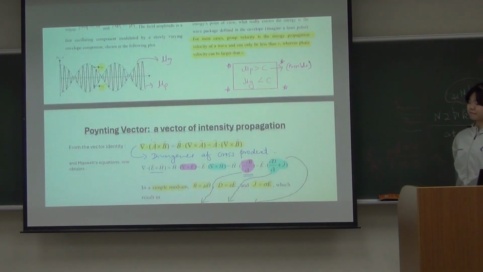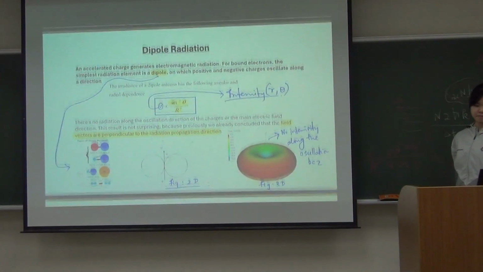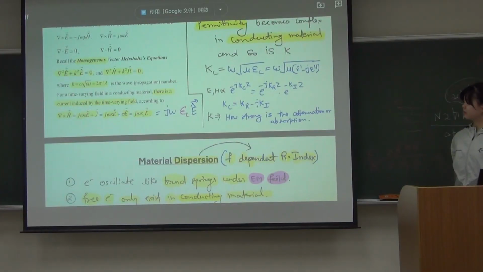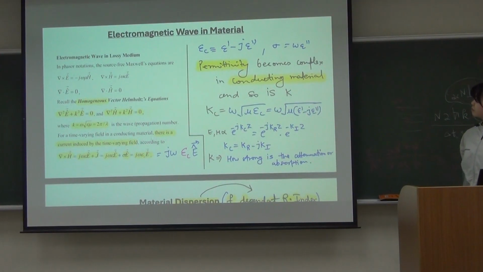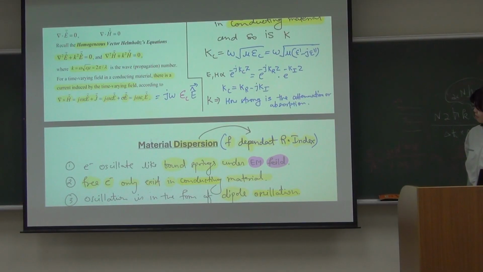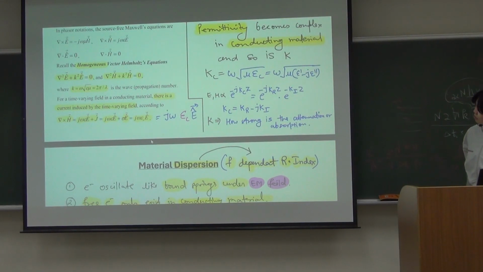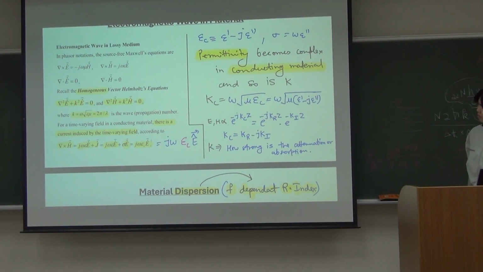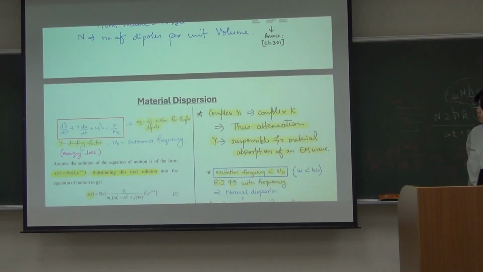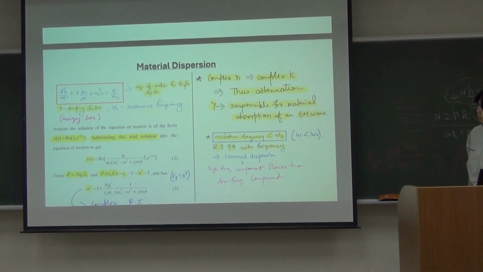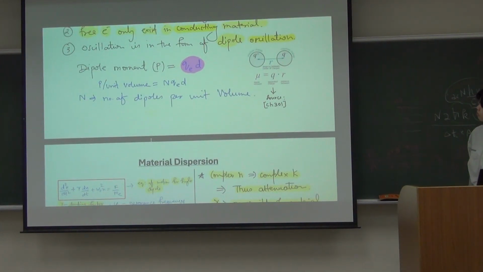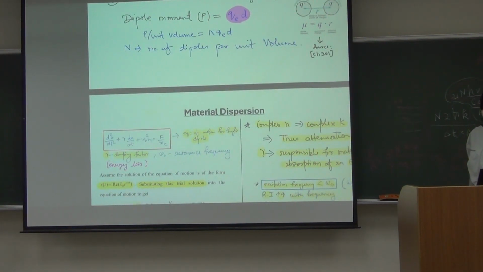Let's go to the dipole model. Okay, now let's continue to go down. You just take the electric susceptibility, right? It contains two parts, real part and imaginary part. And both of them are functions of frequency, right? And then eventually we get